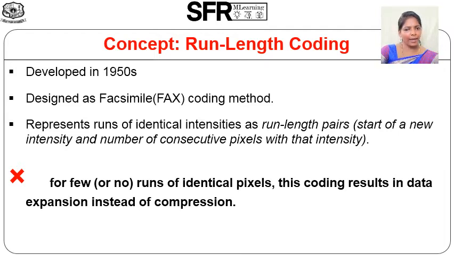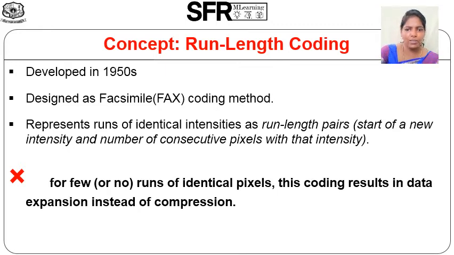But the major issue with this particular method is that the intensity may not get repeated in some images. For example, in this video, my background is of the same color, so you can see the repetition in the background. But if I am in front of a background with a bunch of colorful flowers, then my background won't have repetitive intensities. Intensities may differ. At that time, without any repetition of intensities, this encoding method may lead to a serious problem. It won't compress the data, but it will expand the data. That is the issue with run length encoding.